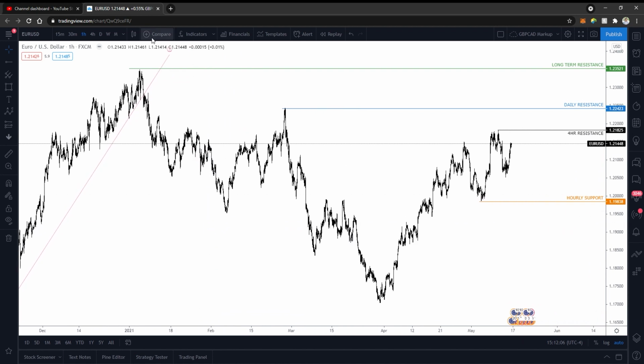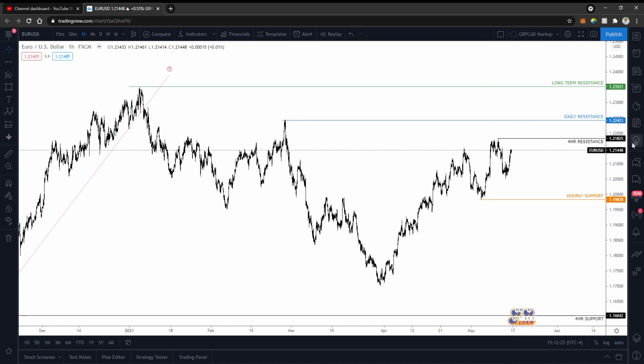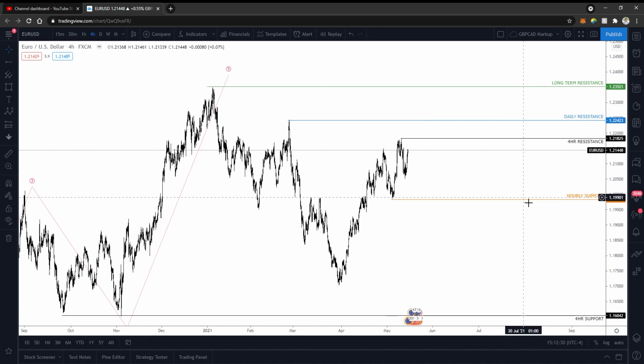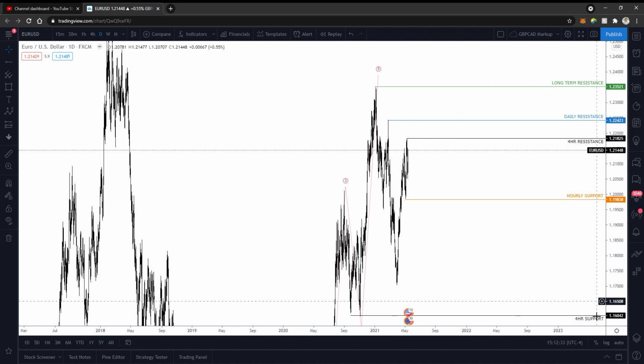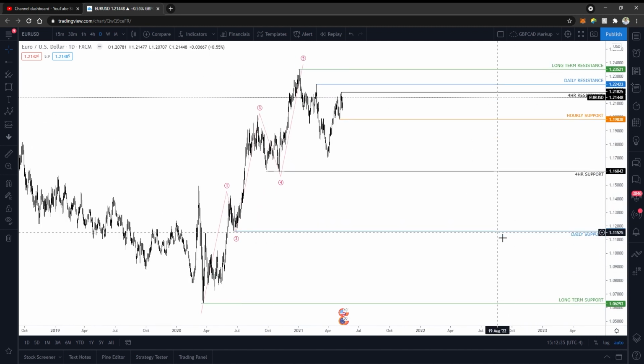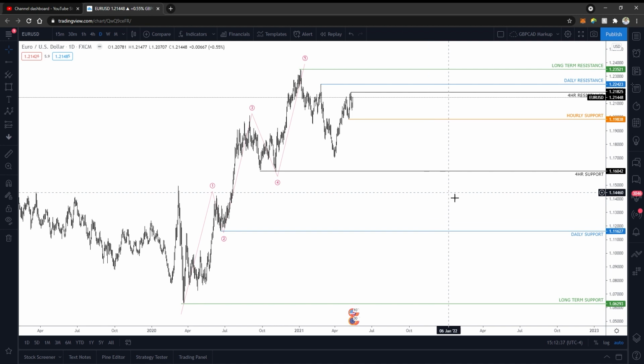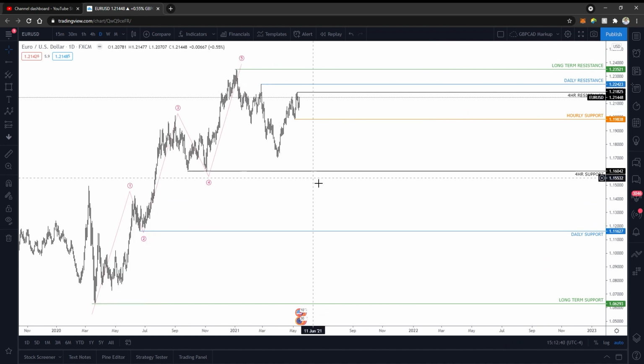So I think what's happened here is that we've gotten the first leg of the correction here, and then we're getting the second leg here. And then if price is not able to break above these resistance levels, we're going to get that third leg down. But what I want to show you guys is, and then I'll go back and count it with my fib tool. So what I'm looking at, just based off of this setup,